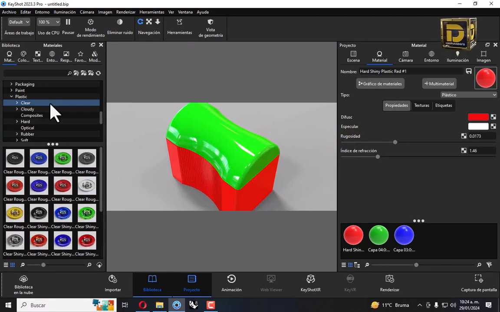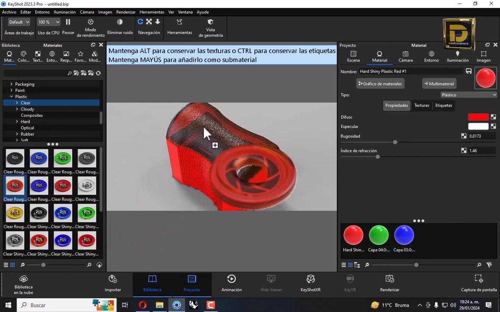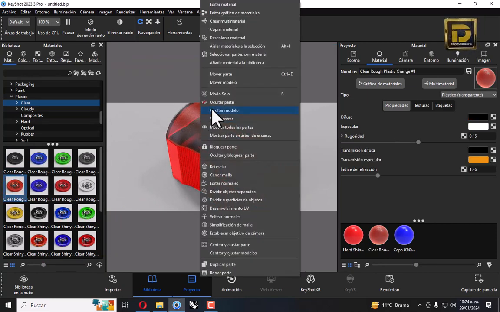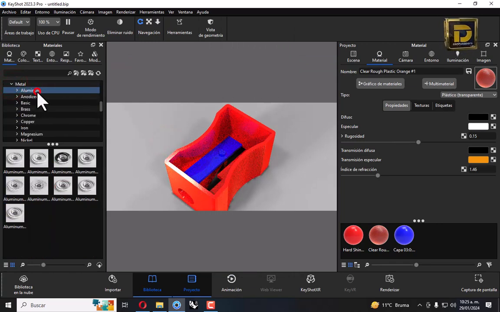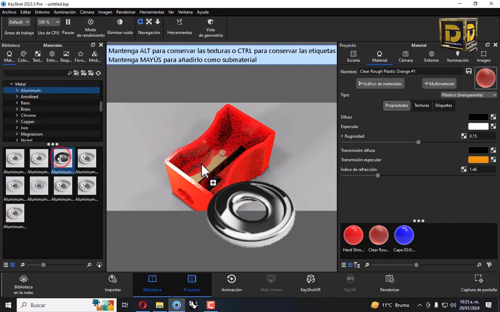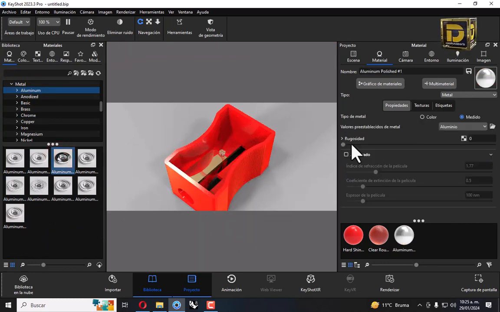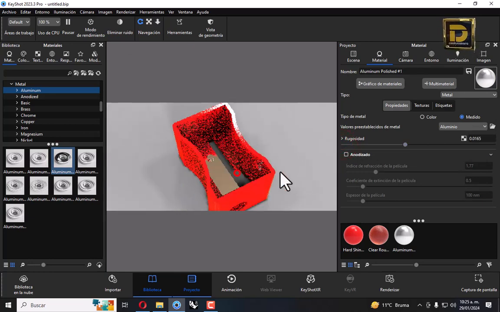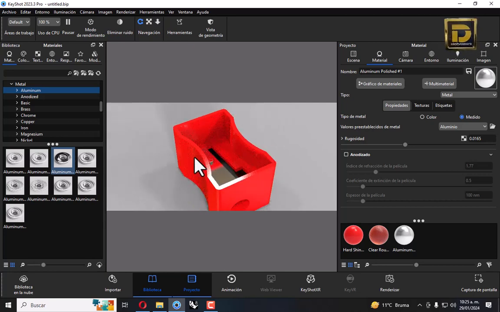Okay, go to clear, and you can select this material. Okay, right click, we need to select a metal, aluminum, maybe this, double click, roughness, we need to modify roughness,